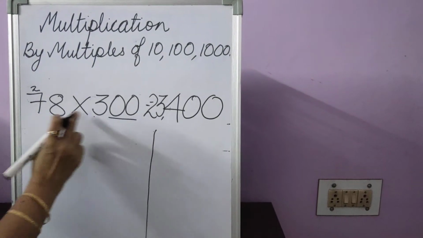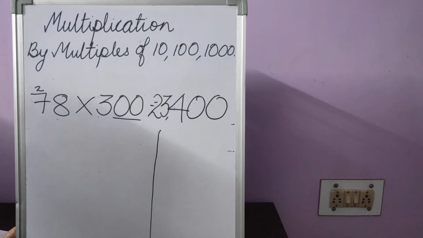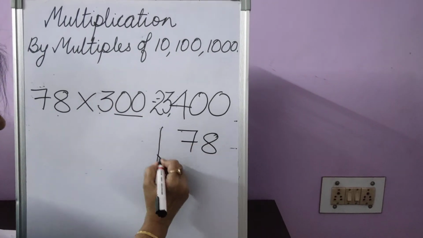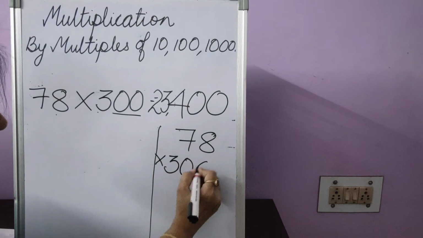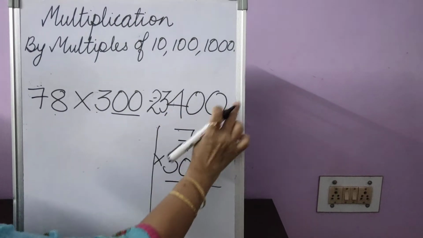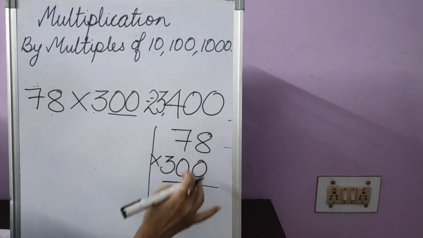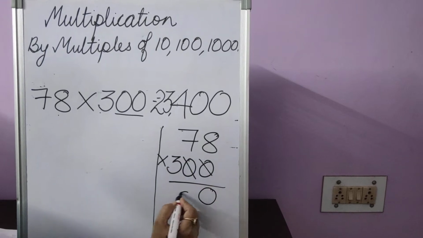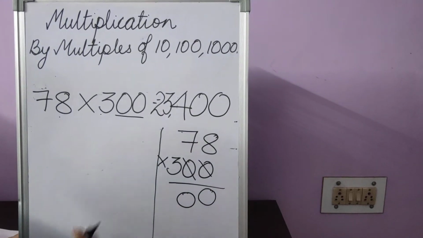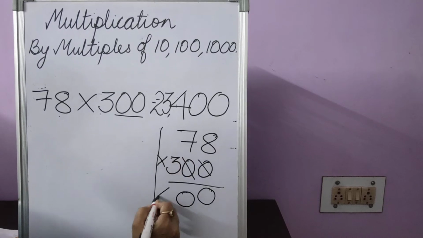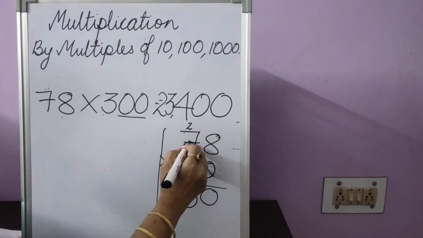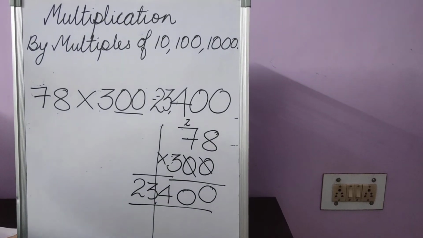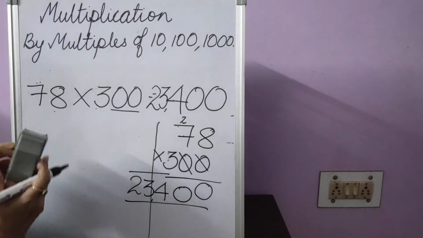Same method in the rough. If you feel you are not able to multiply it directly, then follow the same method. Do this in the rough. 78 multiplied by 300. You do not have to do it directly. If you're doing it directly, well and good. Otherwise, you can do this and just write the answer. Again, copy down this 0, copy down this 0. Your sum is 78 multiplied by 3. Same thing, 3 8s are 24, 4 carry over 2. 3 7s are 21 plus 2, 23. Final answer 23,400. But please try to do it orally, children.